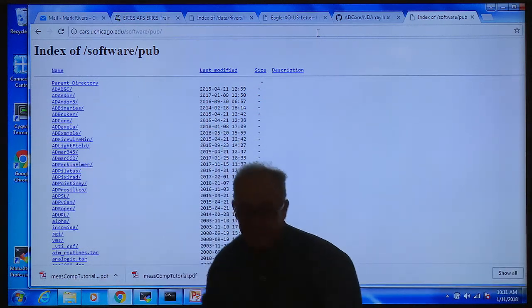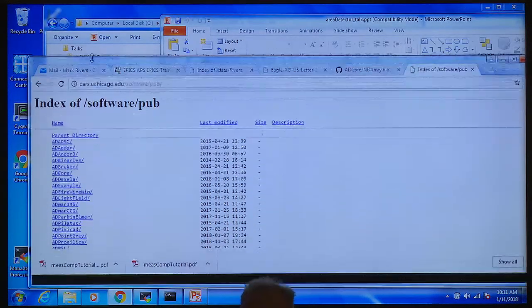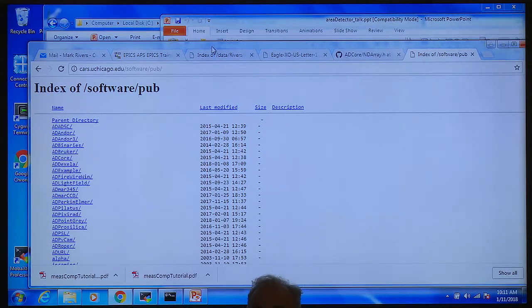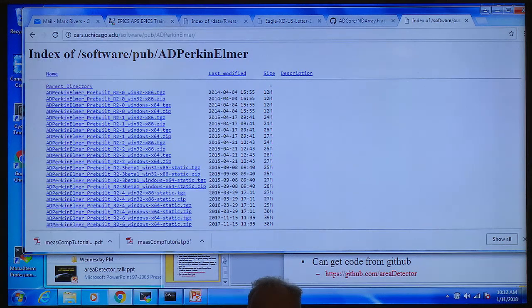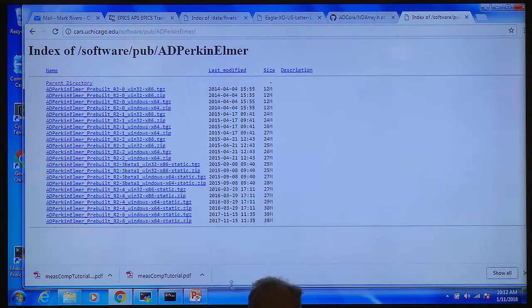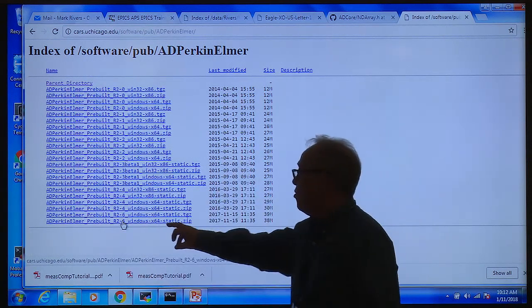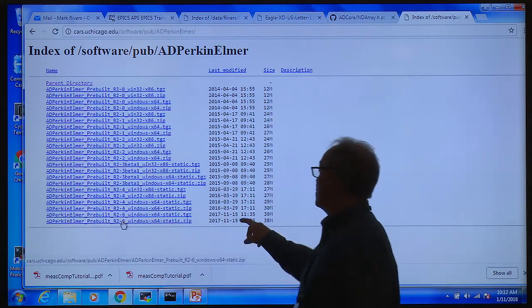subdirectories for each of the detectors. So if we go to AD, oops, what's happening here? Let me use the real mouse. AD Perkin-Elmer. So then these are the pre-builts, and so there's the releases here, right? These aren't always necessarily recent. I made these ones on